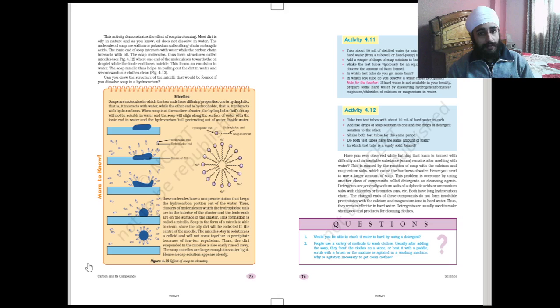So the soap molecules thus form a structure called micelles. It has been given in a figure, this type of micelles. These are the micelles, where one end of the molecules is towards the oil droplet, while the ionic end faces outward. Ionic end, this one. These are the ionic ends. This is the long chain. Now, this forms an emulsion in water. What is it? This is an emulsion.